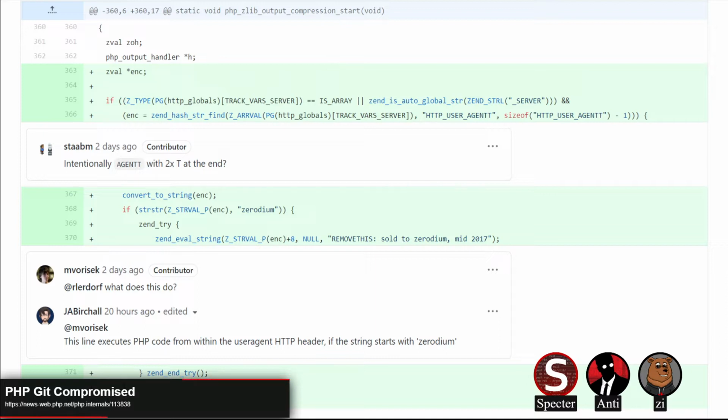So yeah, what they're going to do now to try to prevent those types of issues is make the GitHub repos canonical, and force two-factor authentication in order to be in the PHP organization on GitHub. They're going to continue their investigation to ensure no other malicious commits got through that they didn't see. But it basically seems like it was a tried and failed supply chain attack on PHP, which perhaps it is. I'm not sure about that.